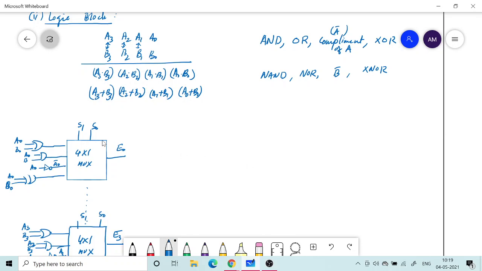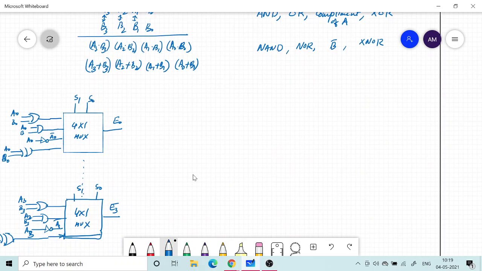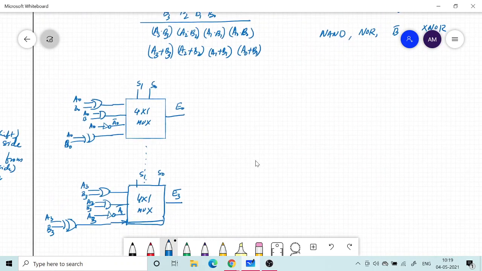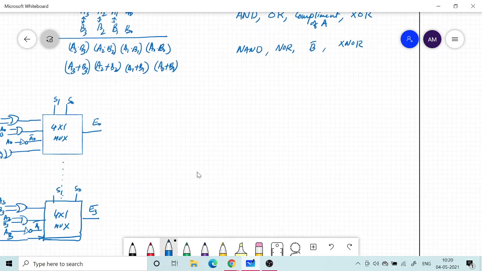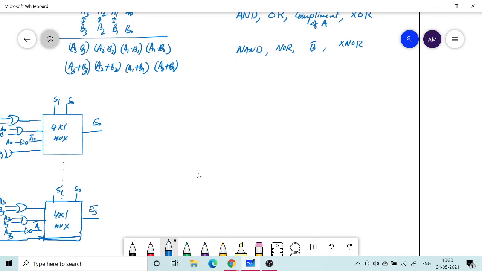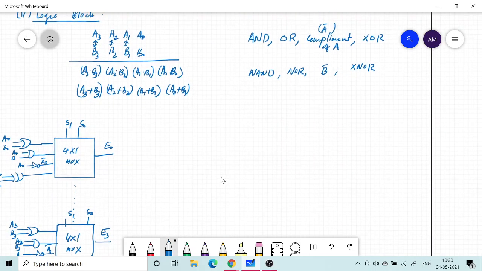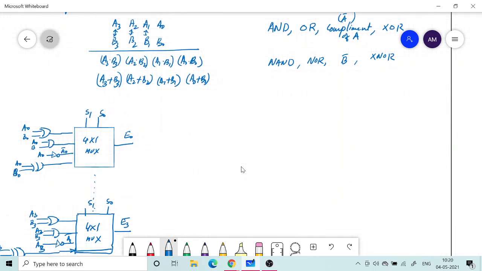So you need to increase the opcode. Here it is only a 2-bit opcode. I can use the carry in also as an opcode, and then implement 8 different logic operations. But for the moment I hope you have understood the idea of the design, and so you can scale it up to any number, according to the number of bits available. Okay, so next one